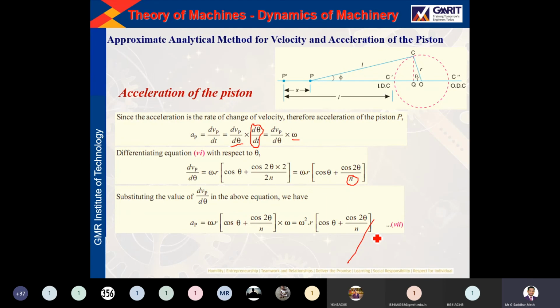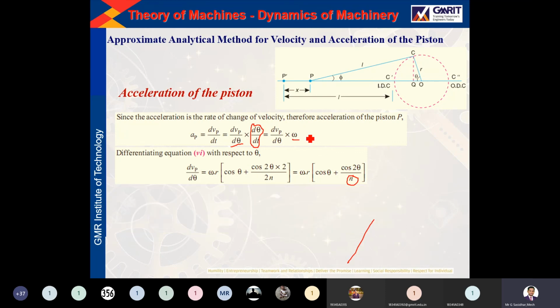Now we find velocity and acceleration by using the analytical method with the help of formulas. In the problem they will give theta, they will give pi, and you can find the n value. What is n? They will give the connecting rod length and the crank pin length, and L by R is n. Now simply substitute the value of omega, which they will surely give. Substituting in this formula, you will get the direct value without any graphical method. It is easy.